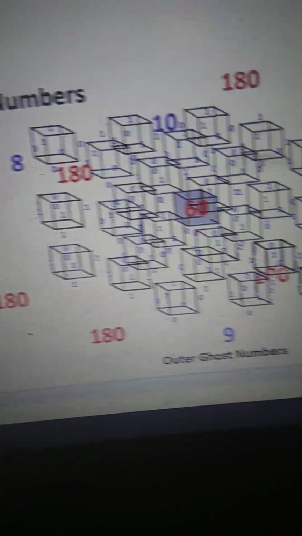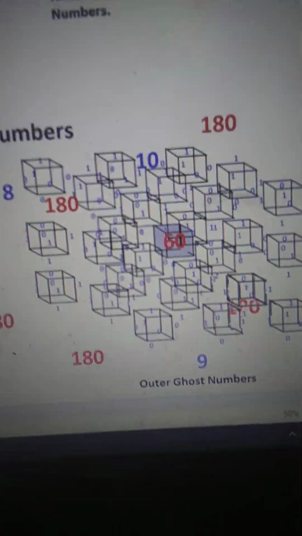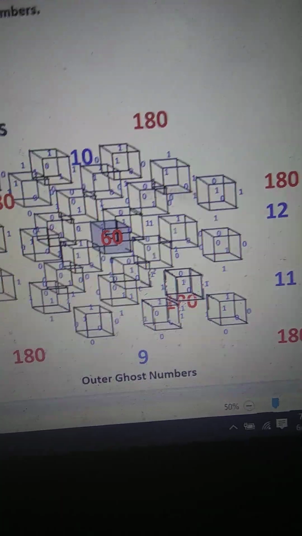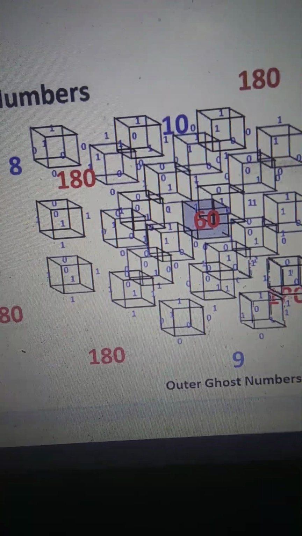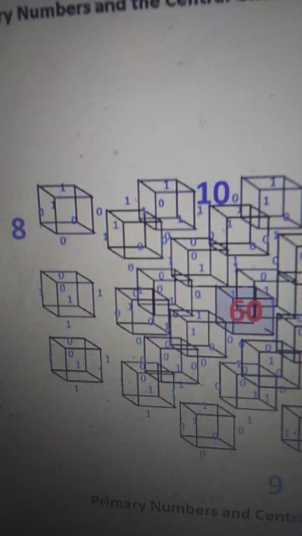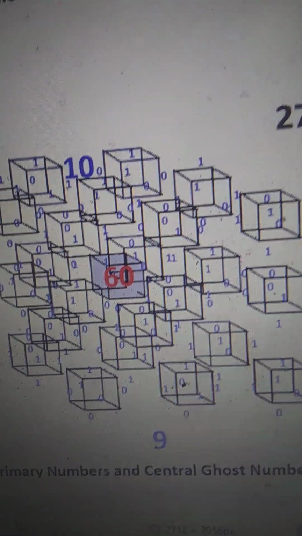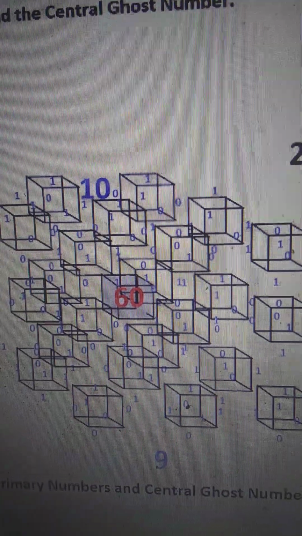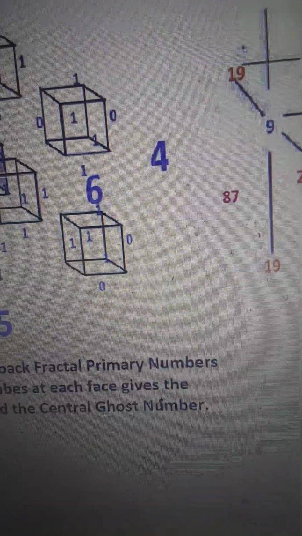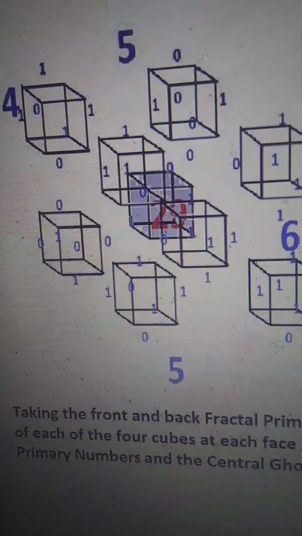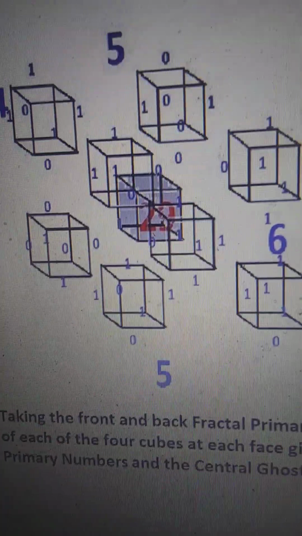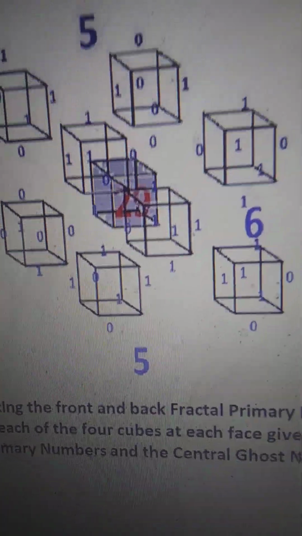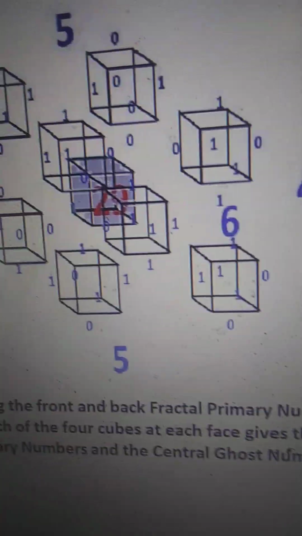So this is my approach to trying to understand primary numbers better by piecing them apart into fractals. And you can use zeros and ones for small numbers, but when you get up to numbers like 50 or 60 or 100 for the primary numbers, you're going to have to make use of what best fits one face while working with the other face, and